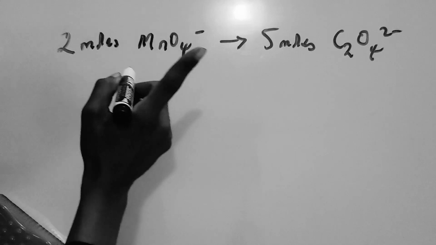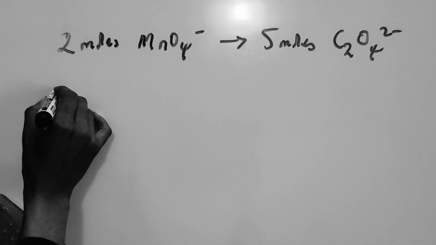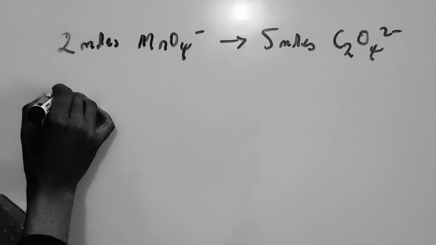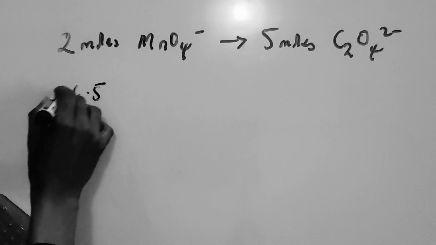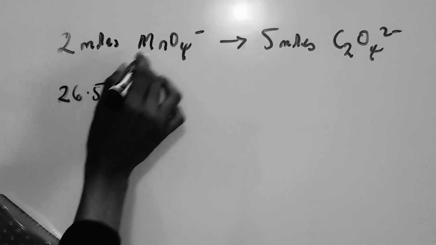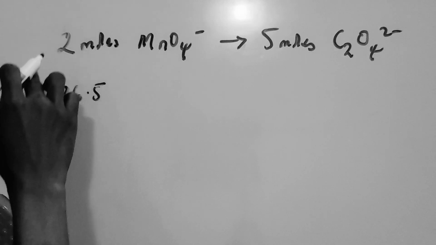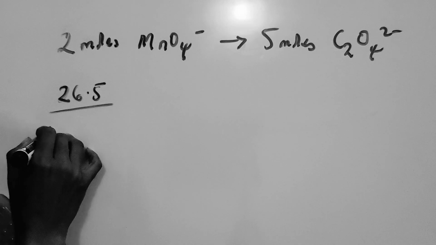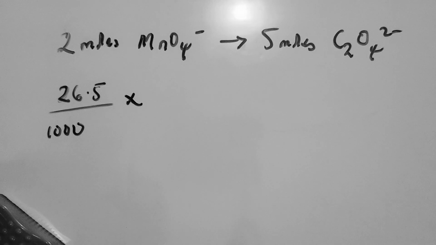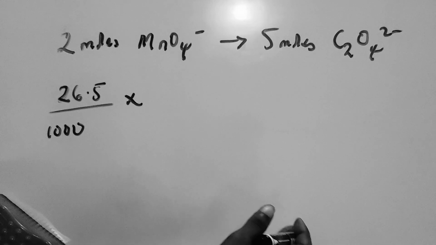Remember, let me also take for example that your volume was 26.5, which I don't think it should be. Anyway, this is an example. Let's say the average volume in the first table was 26.5. So divide by 1000 again, multiply by the concentration you got. Remember, we've just calculated the concentration to be